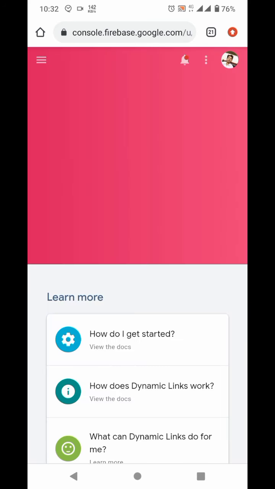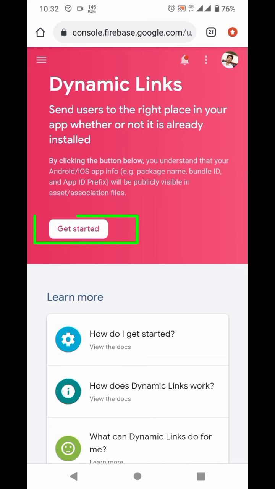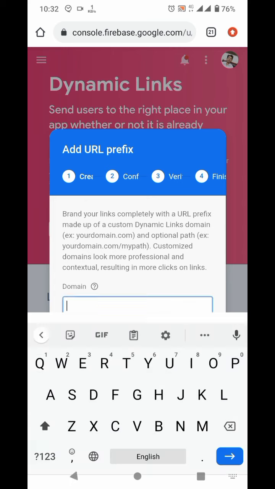It will show a screen like this. Click on get started. If it is your first time, it may require some additional steps, but I just have